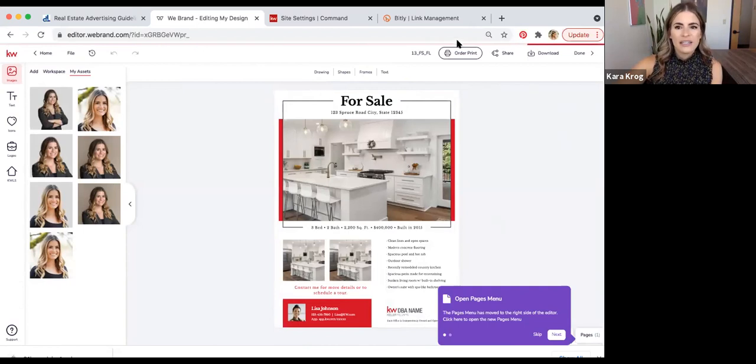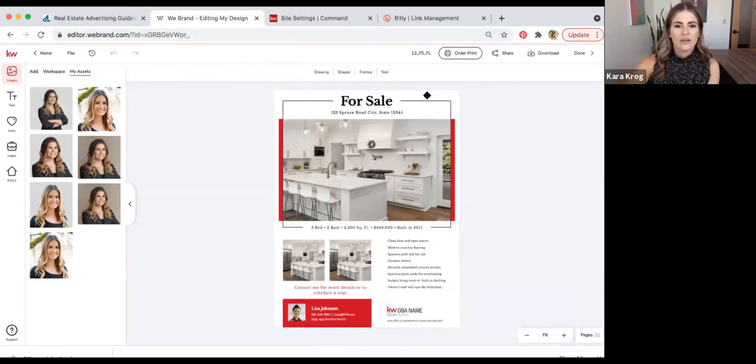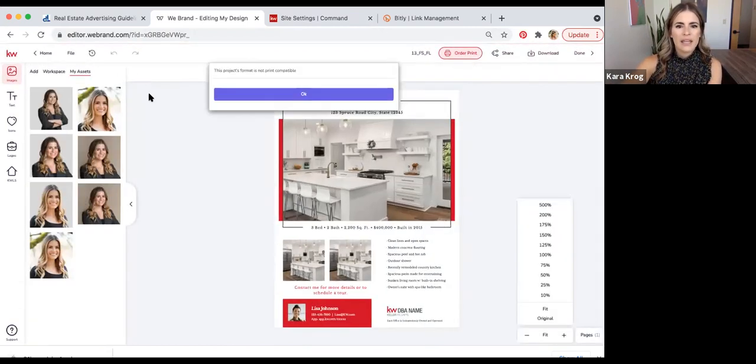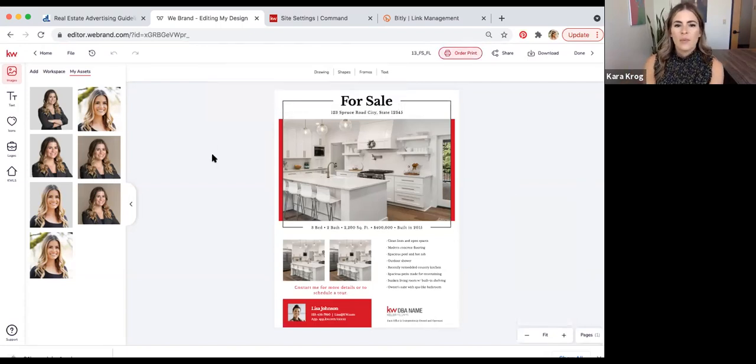Now, if you didn't notice that pop-up that just popped up, you can actually order prints from these by clicking this button right here. We're not going to do that today, but just so you know, if you've got an open house coming up and you want to order a bunch of prints, instead of printing them out yourself, that is an option. I feel like things sell so quickly here that I don't know if we quite have time to do that, but it is available to you. All right, so we're going to do for sale.